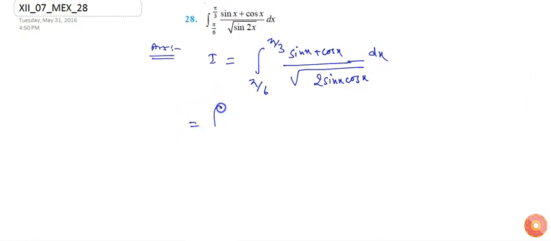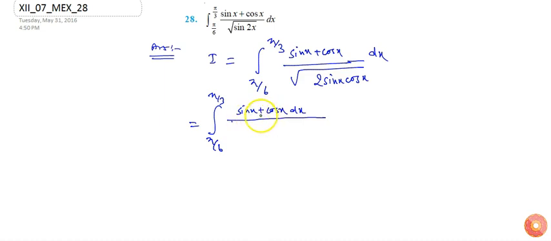So if I see the numerator, which is sin x plus cos x,